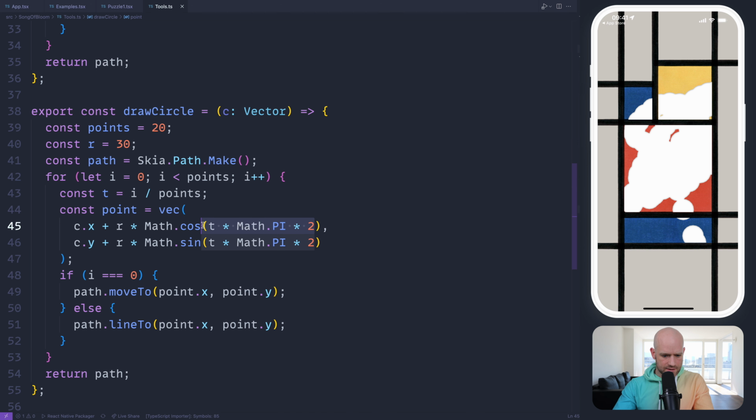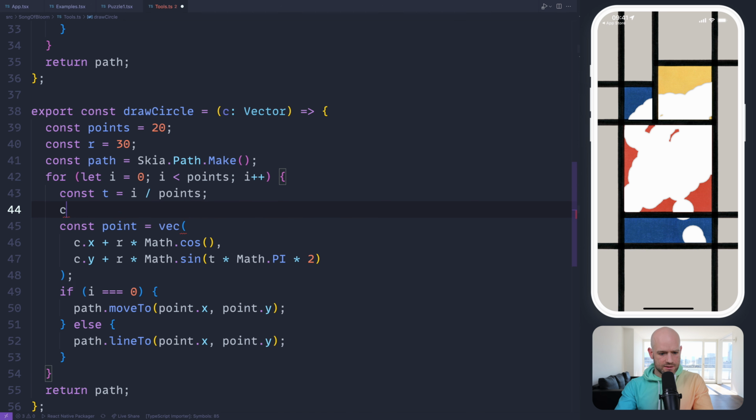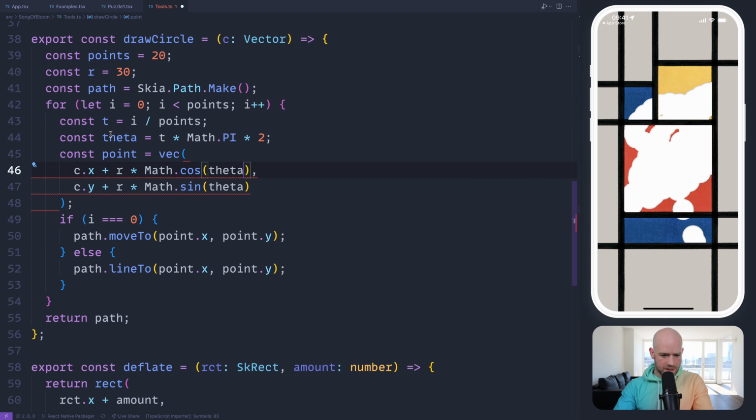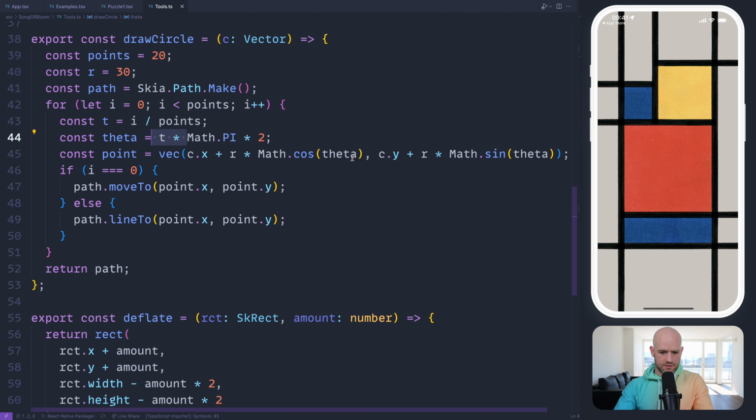So the angle here, let me extract it. So we have theta here. The code was generated by Copilot, but we know that the x coordinate is the cosine, y is the sine, we multiply by radius, and we translate by the center.